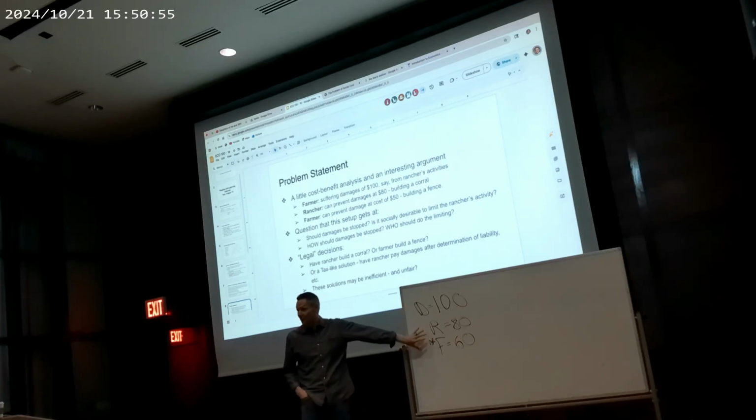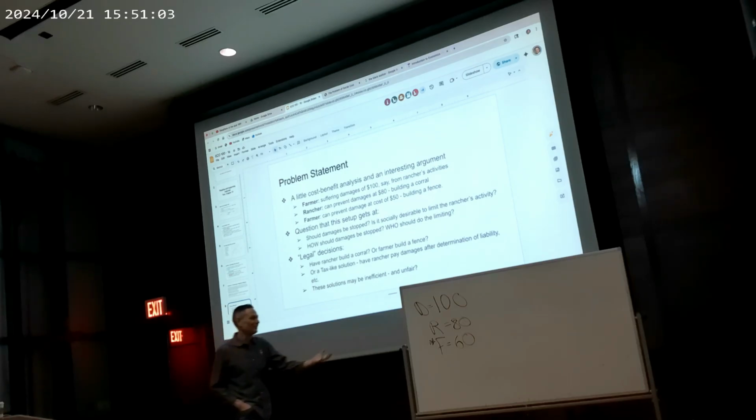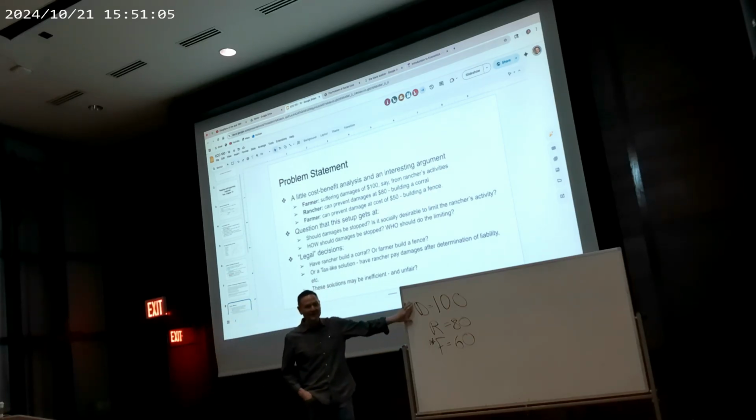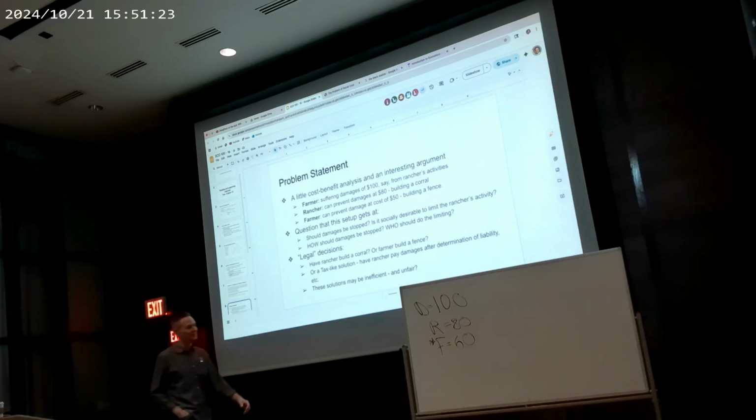But we could also couple that with a rule like, well, rancher, you're going to have to pay damages to the farmer if you damage crops. And if we did something like that, we might wind up with a solution that's still better than nothing, right, but not exactly what we wanted. So if we somehow mess this up and say, well, it just seems unfair that the farmer is incurring damages and now we're making him responsible for controlling these damages. Well,